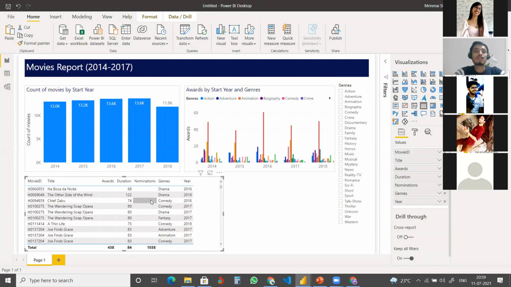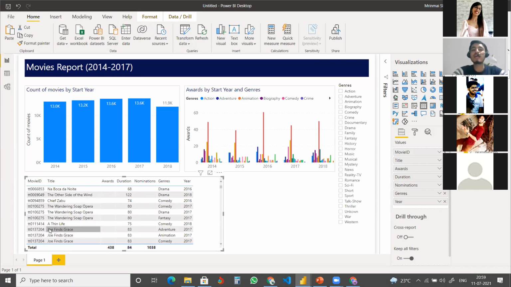So the next thing is, sometimes we don't want the user to look at the ID values. To an end user, I don't care how IMDb is storing the IDs for their movies. It's not relevant for me. What's more meaningful for me is the title, the duration, what genre it is, what year it is, how many awards it has, right? All these things are much more relevant for me. So I can get rid of this movie ID, but